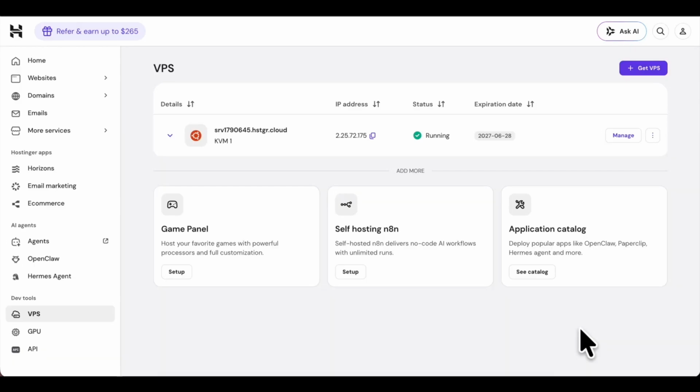I just wanted to quickly go over how we can upgrade our VPS plan, which I mentioned much earlier in the video. In order to do so, you can do it in two places. The first one is on the VPS page, which you can reach in the navigation panel. Click VPS, and next to your VPS, you can click the three dots next to the Manage button and click